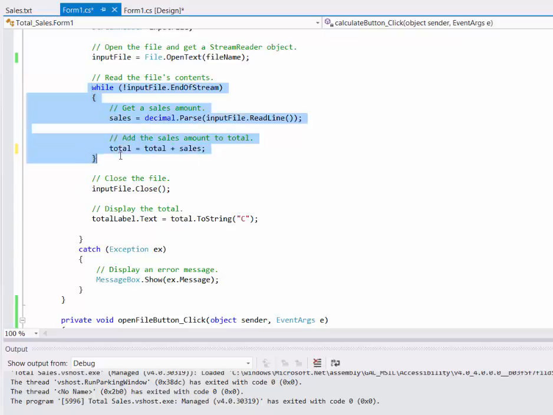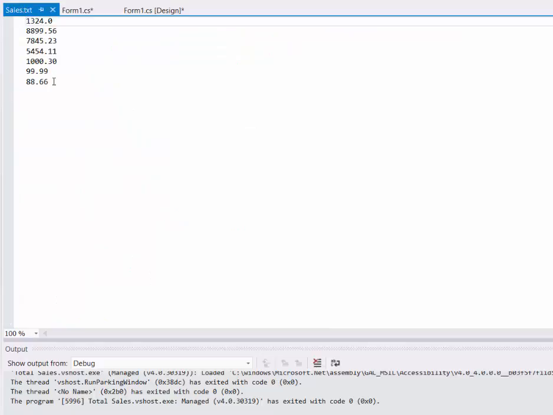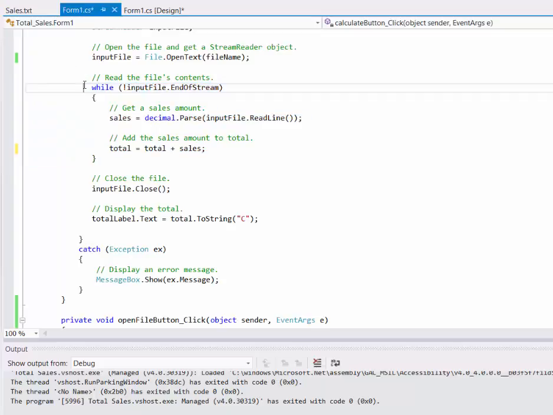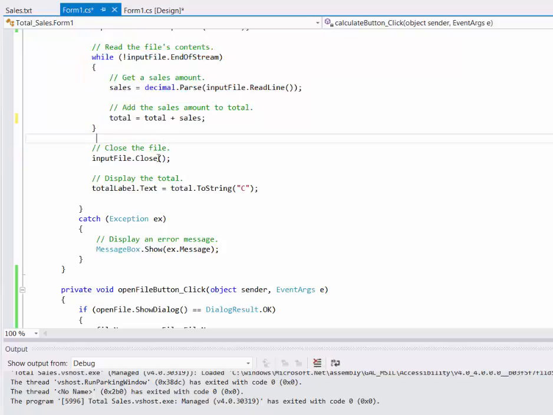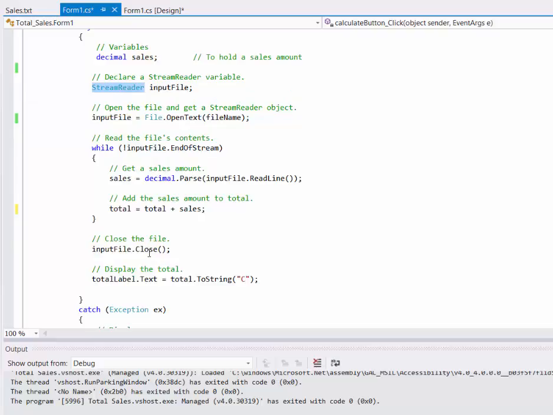Now why do we have to loop around it? Because our sales.txt file is in this format. We have to read each line and store these values, summing it up till the end of the file has been reached. And this is taken care of by the while loop. We then go ahead and close the input file, which is the stream reader. We close it because we have done reading the file,